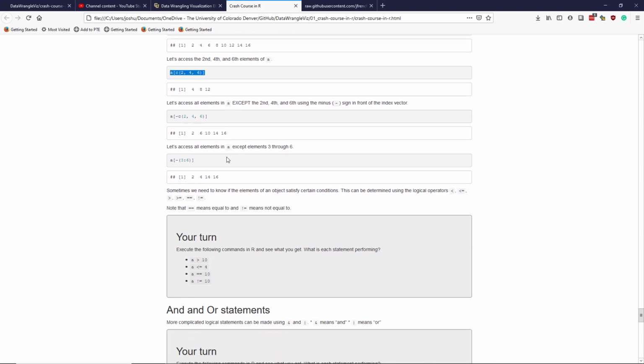Sometimes it's easier to access all the elements of a vector except certain elements. So let's say we wanted to access all the elements of A except the second, fourth, and sixth elements. Well, then you can use the minus sign in front of the index vector. If we execute the same command as before, but put a minus in front of the c, it means that we want to access all the elements of A except the second, fourth, and sixth values. So we would have 2, skip the second element to get 6, skip the fourth element to get 10, skip the sixth element to get 14, and then also 16,